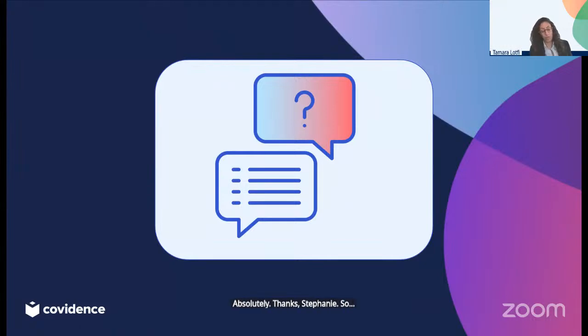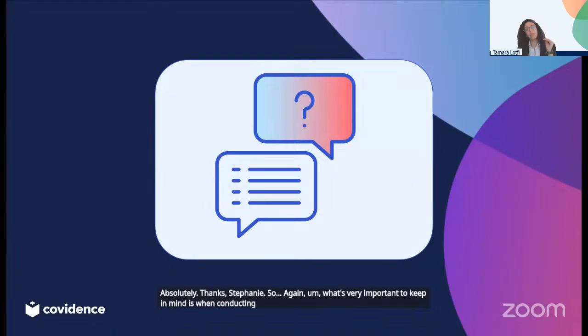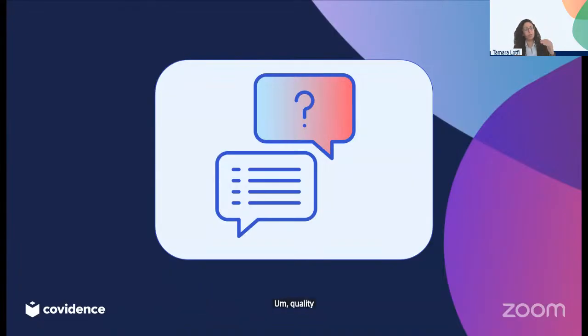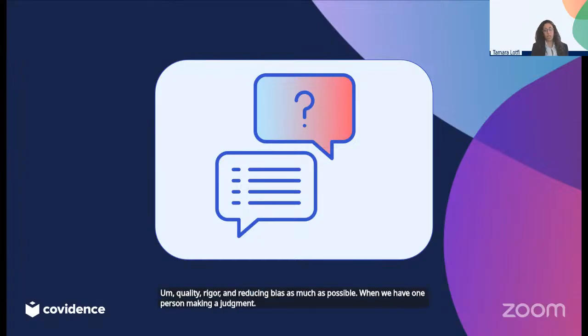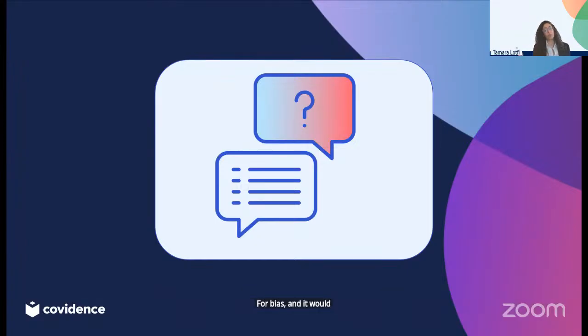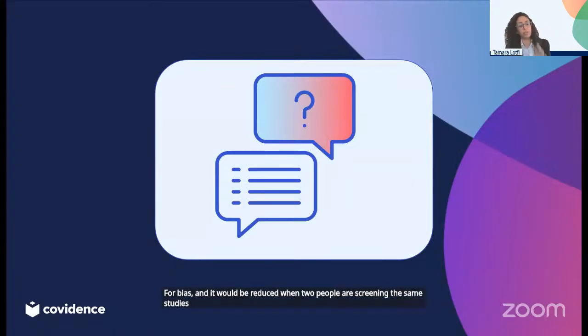So again, what's very important to keep in mind is when conducting evidence synthesis, we're aiming for the highest level of quality, of rigor, and reducing bias as much as possible. When we have one person making a judgment, there's always a risk for bias, and it would be reduced when 2 people are screening the same studies for eligibility, for example, independently, and then comparing the results.